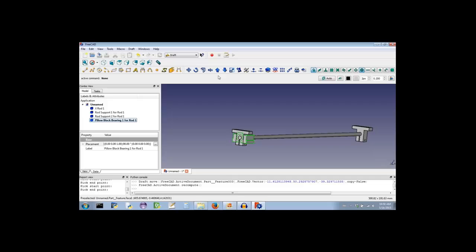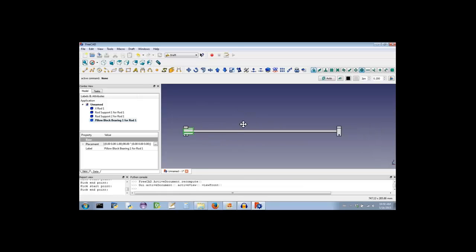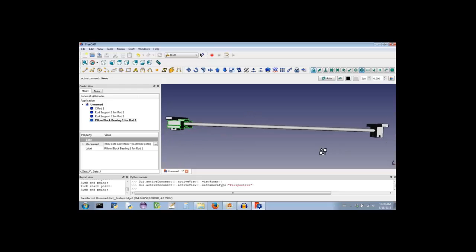So I'm going to face forward, front view, and I'm in orthographic. If you're in perspective view, it's not going to look straight. So you have to go to orthographic view. Alright, now